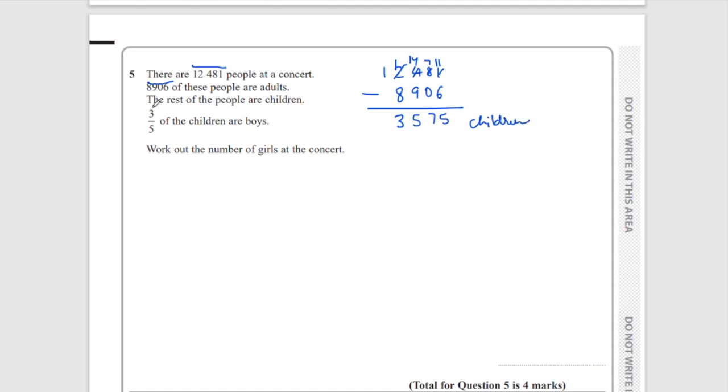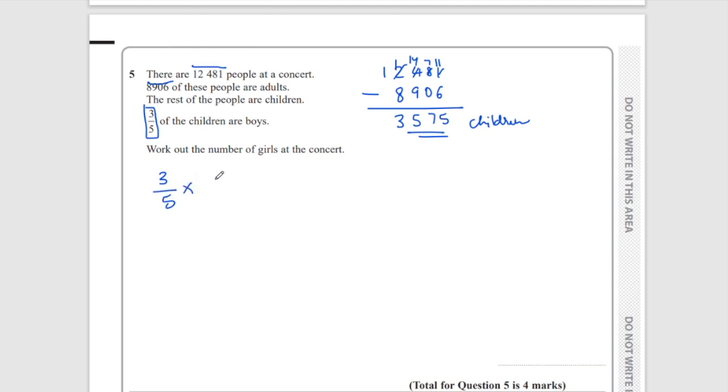Now the rest of the people are children. Now they're saying 3/5 of the children are boys. So there are two different ways of it. We can find 3/5 of our children, which will give you boys, and then minus the number of boys from the total number of children, you will know the girls. Or the remaining is 2/5, that's for girls. Just find 2/5 of the total number of children. This will give you directly girls, how many girls were there. So